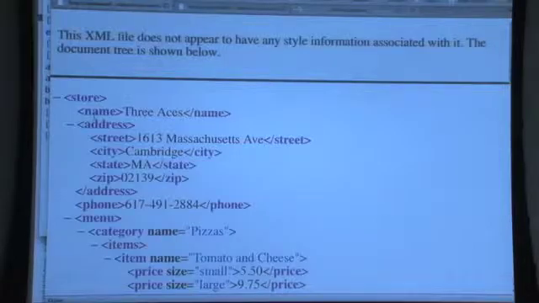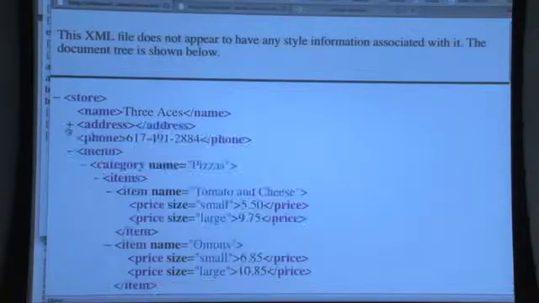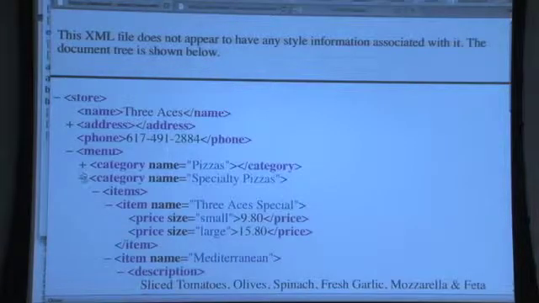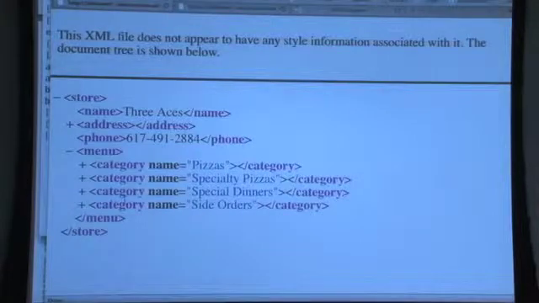So let's actually shrink this so that you will see. We don't care about the address. We do care about the menu. So let's shrink the items here. So we're querying for XPath, which will give us all the categories. It'll just give us each of these elements in an array. So once that is done,